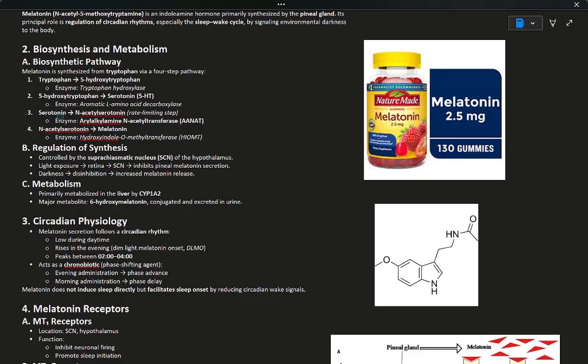By the way, does this hormone sound familiar? The serotonin. Yeah. Anyways,